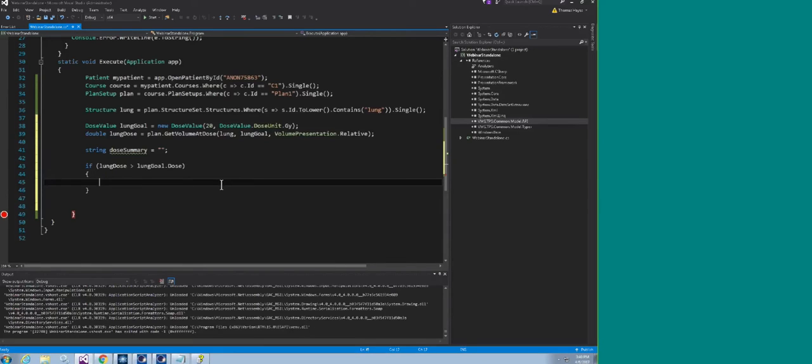So I'm going to keep going, and if the lung dose is too high, I'm going to find my dose summary, and I am going to add, plus equals is going to operate on the string called dose summary and add the text to the end, whatever it is. So lung dose is too high. And because I know this is the V20, I'm going to say the V20 is equal to the actual dose. I know I need to round this, so there's actually a